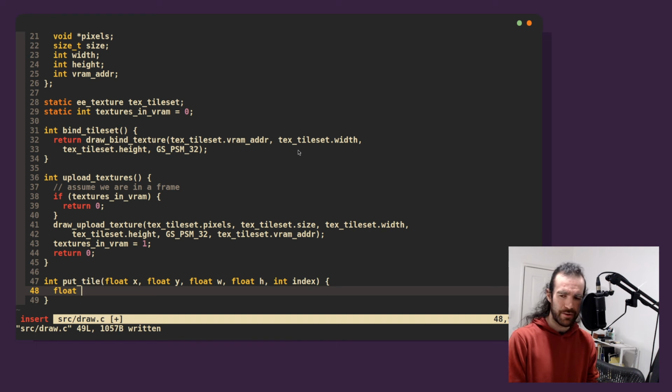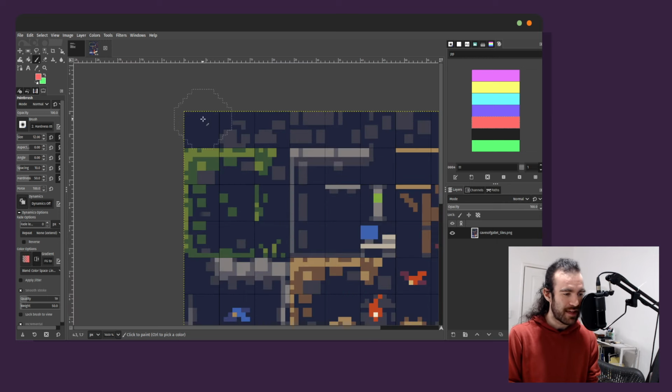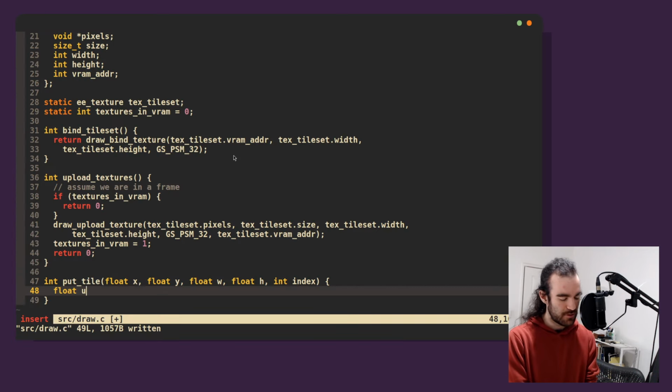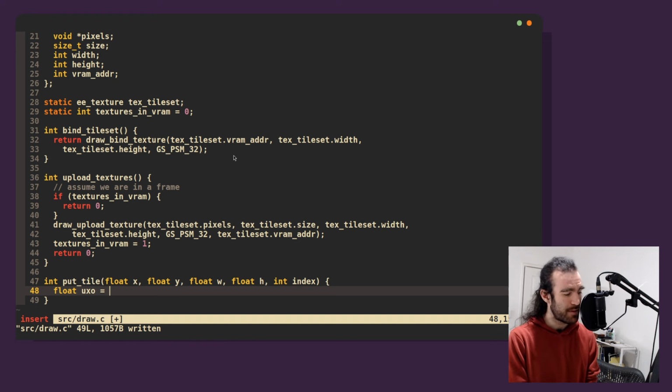Okay, so float, we want to work out how many units each tile takes in terms of UV space. So in other words, you know, tile 2, it's going to be at the width divided by 8 times the index of the tile, right? So let's call it UXO for UX offset, right? The width of each tile in that kind of UV space. This is going to be text tile set